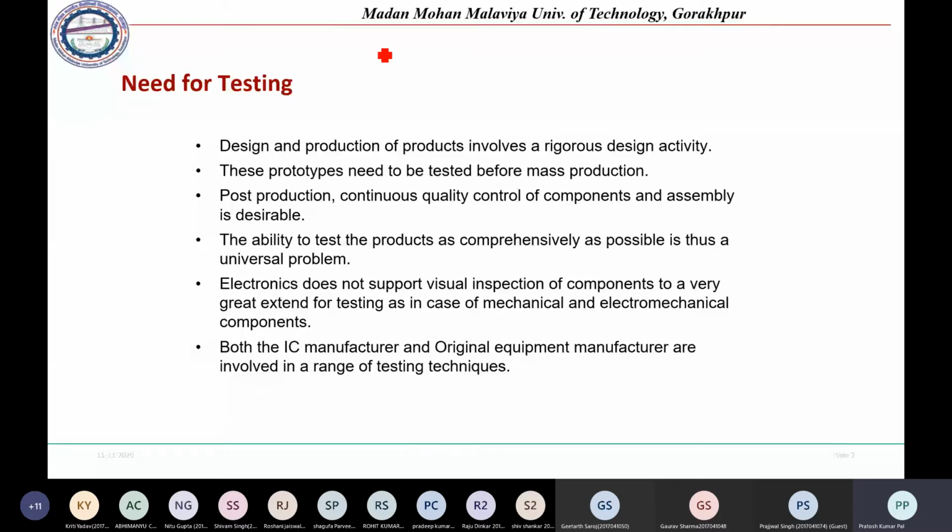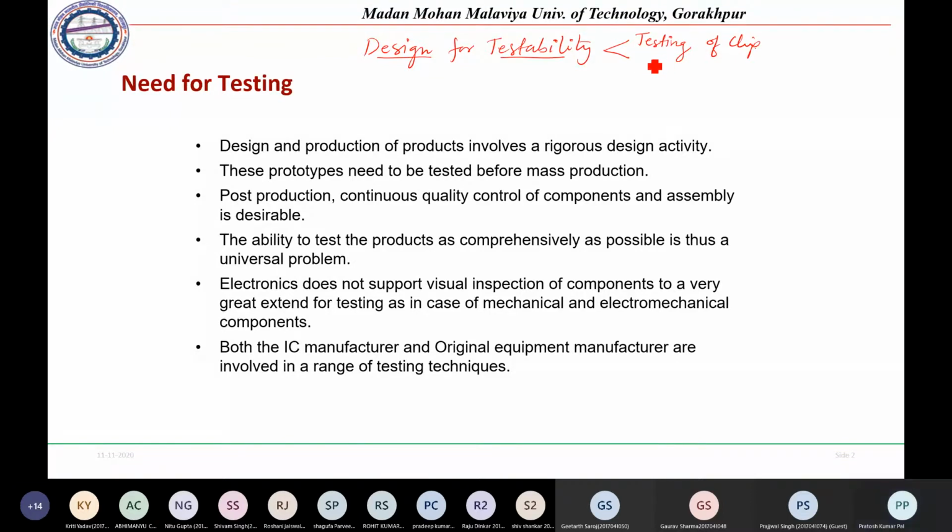The next topic is design for testability. So in design for testability, we will basically focus on how we should be testing a chip. Okay, how testing of a chip should be done,